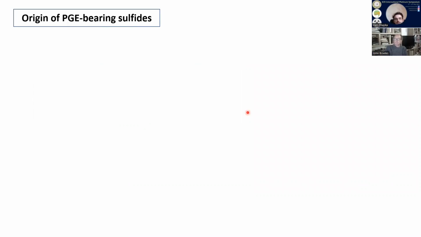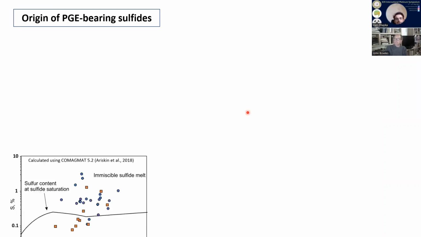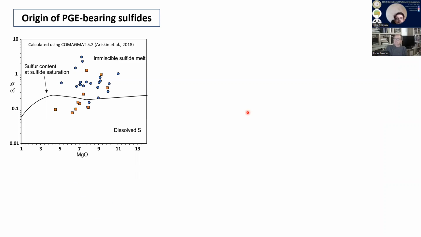These PGE-rich sulfides could have formed in situ or been introduced into the current place from some other compartment. To choose the preferable way, we first of all estimate the mass balance of sulfide with regard to the saturation level. The estimations show that the content of sulfide in the majority of rocks, including barren rocks, exceeds the level of sulfide saturation by up to an order of magnitude, which shows that the present amount of sulfides cannot be dissolved in silicate melt